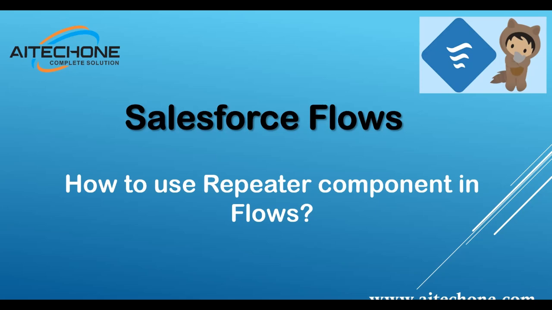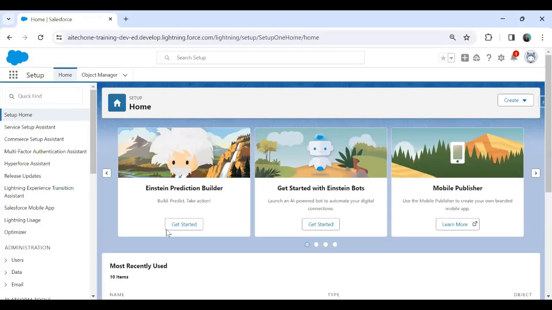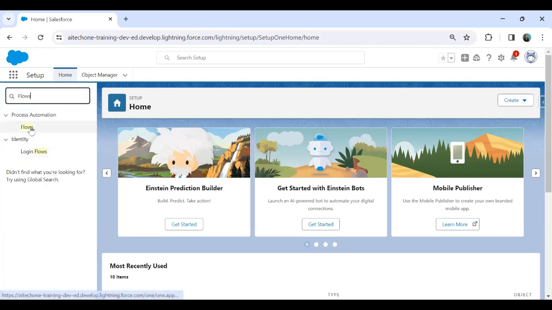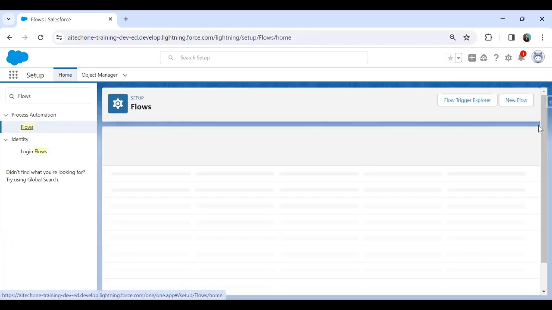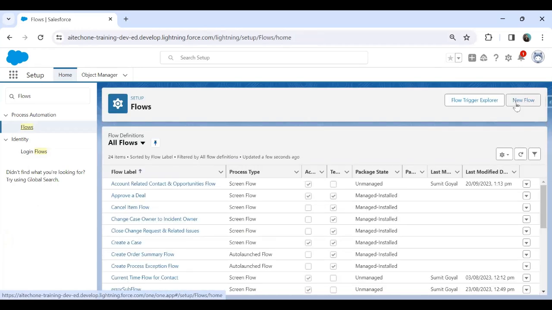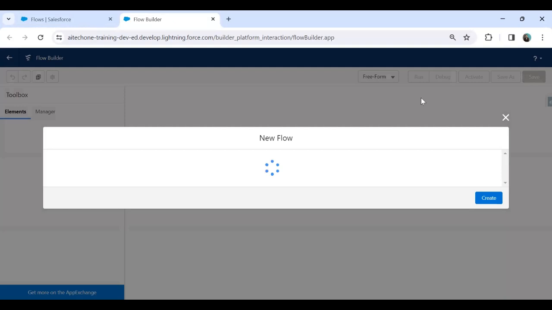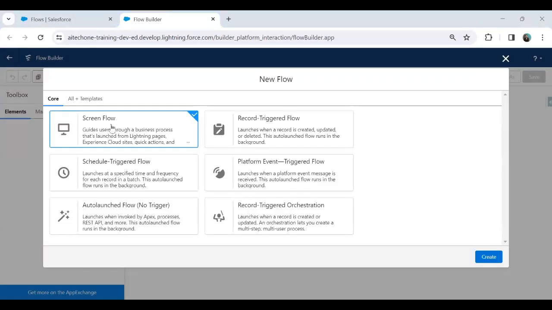So here is my Salesforce environment, and I'm going to create a flow here. In order to do that, the very first step is I'll search for flows, and we will create a new flow. Click on new flow. Here we have to create a screen flow, because the component we are talking about will be available for the screen flow. So I click on screen flow, create,